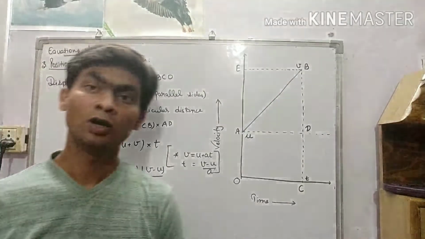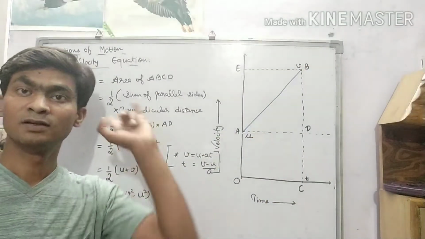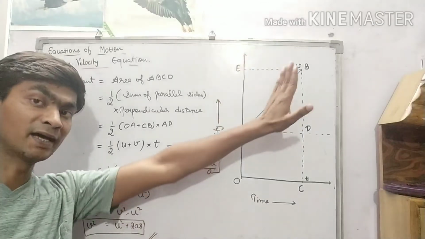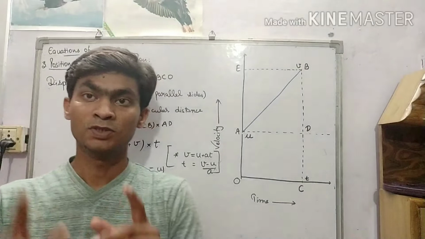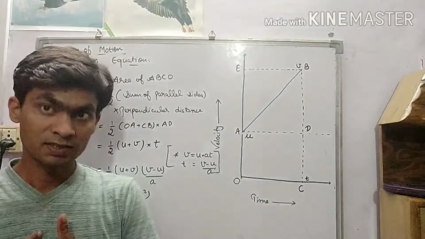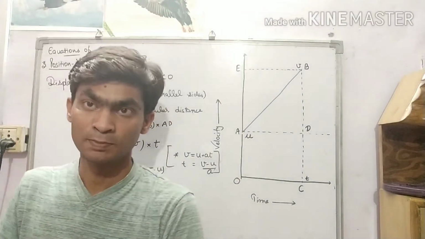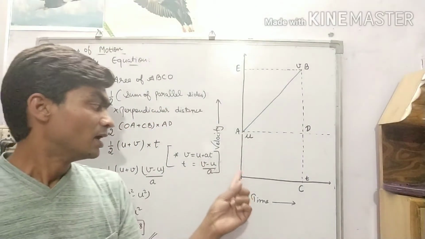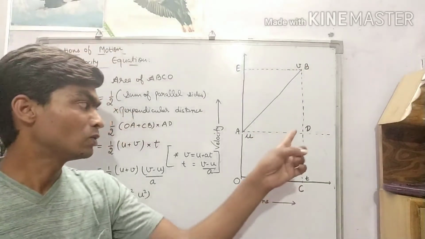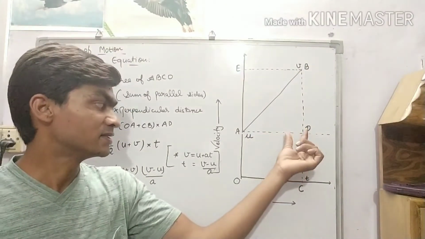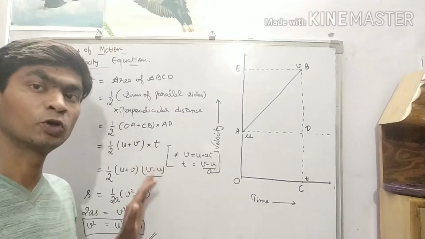Correct? So in short, I am explaining again that we have to prove the third relation by taking it as a complete trapezium. The formula to calculate the area of a trapezium is 1 by 2 base into height: sum of parallel sides into perpendicular distance between them. Here OA and CB are the parallel sides, and the perpendicular distance between them can be considered as AD or OC. That we have written here, then we have proved it.